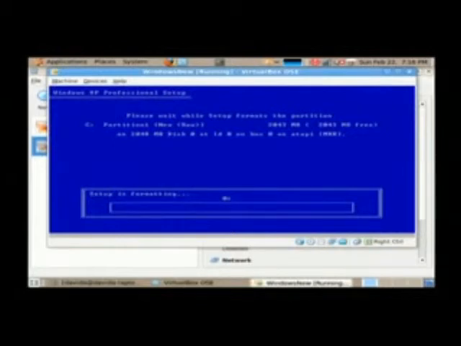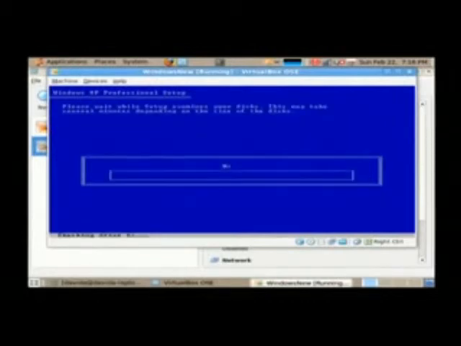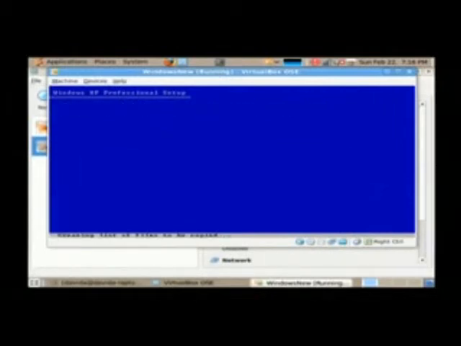This is formatting our system now. And basically what it's doing is going through the hard drive and preparing that hard drive to store Windows-based files. And that's what the NTFS file system is. Once the formatting is complete, it's going through the system now and actually copying the files to disk and installing the Windows operating system. My name is Dave Andrews, and I've just showed you how to install